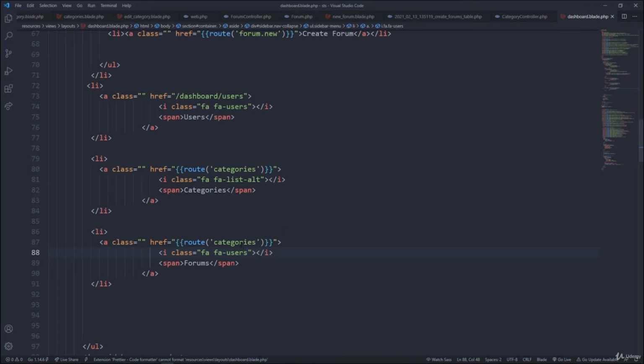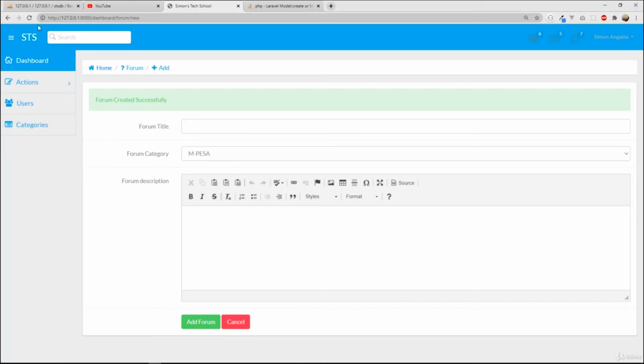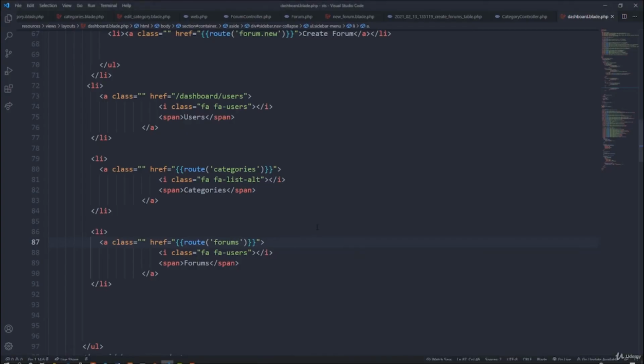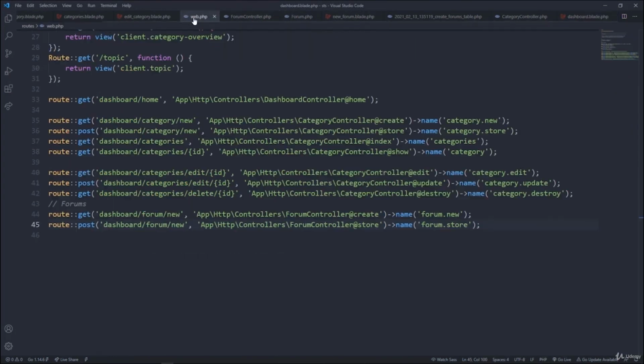Right, that one, and then this one will be forums. So we'll have to create a route called forum. If we do that and go back and refresh, it's going to throw an error because you don't have that route. So you have to go to web.php and create the forums route. Just copy this and then paste, change from post to get,